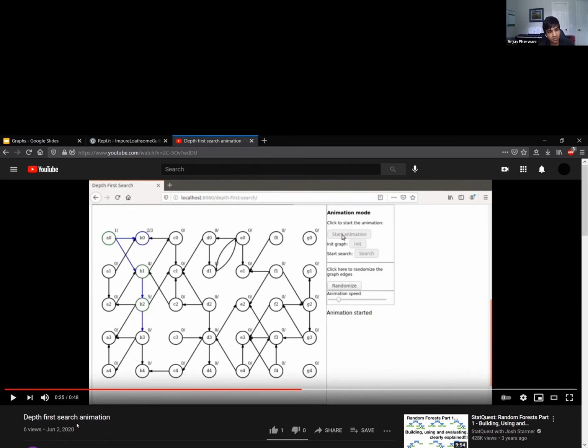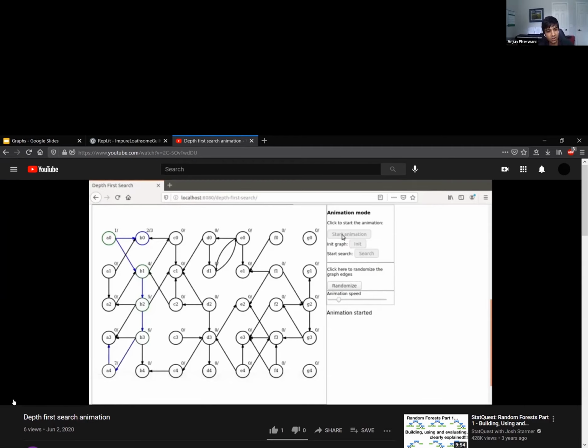Then from B2, he sees the first edge is B3. He could have taken A3 or A2, but he doesn't. He takes B3, and that's the first edge. And continue, could you unpause? Yes. And he continues going down the rabbit hole. You see why this algorithm should be called the rabbit hole algorithm? Does this make sense?